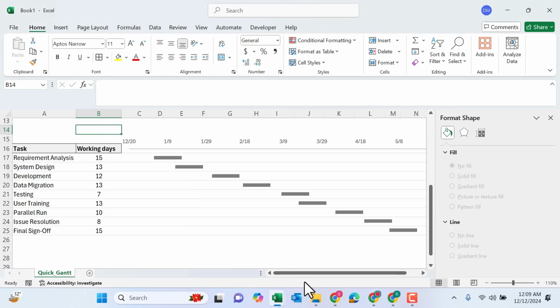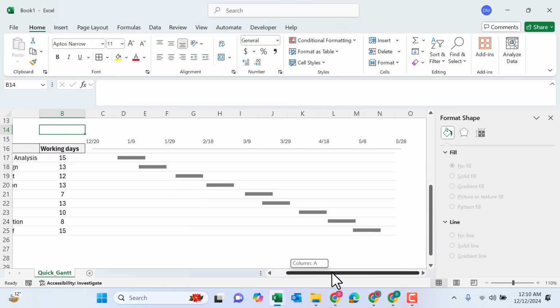And that's it. You've just created your very own Gantt chart in Excel, simple, customizable, and perfect for keeping your